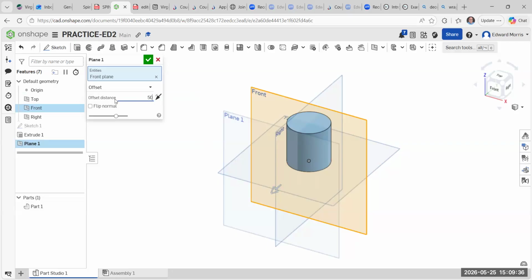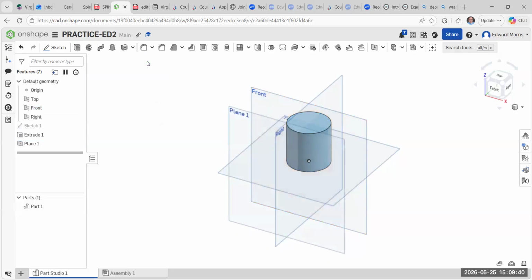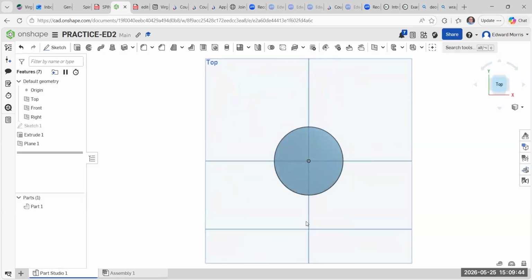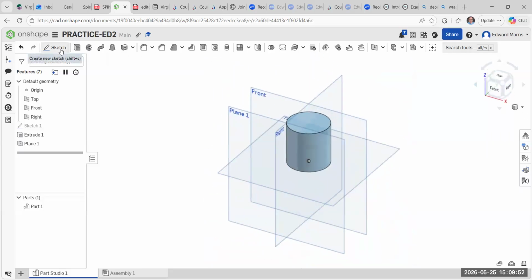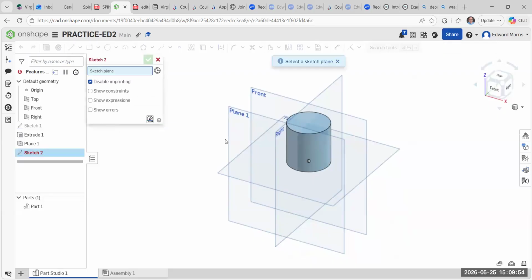Type in 50 millimeters over here at the offset distance. Click on the green check mark. Now, if you go to the top view, you can see there's your plane right there, and here's your cylinder. Okay. I'm going to go to sketch, click on this plane,